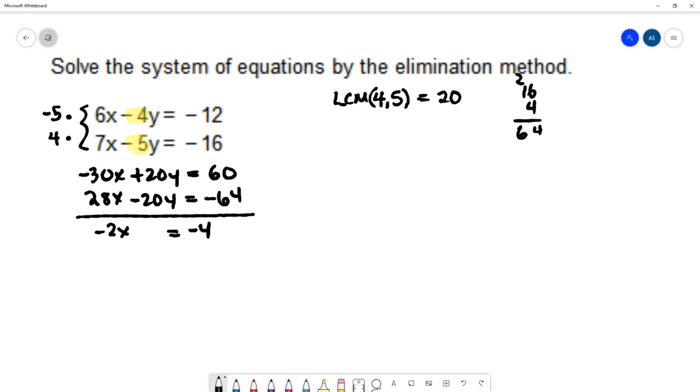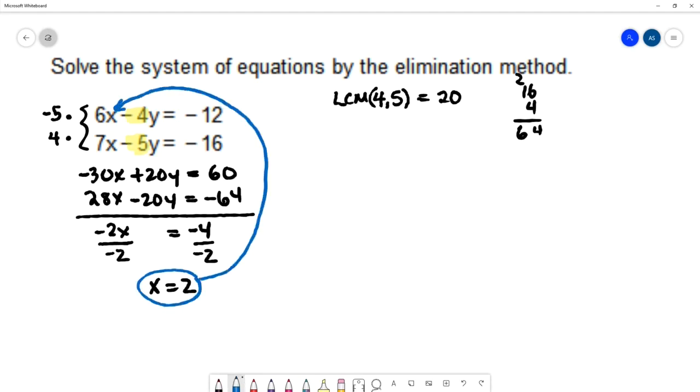And now we have an equation with just one variable. We're going to divide both sides by negative 2, and we get x equals 2. And we can substitute this back into either equation to find the other variable. So we'll use 6x minus 4y equals negative 12, and let's substitute a 2 in for x, and that will